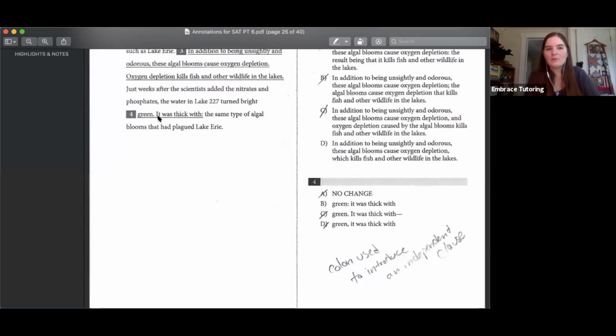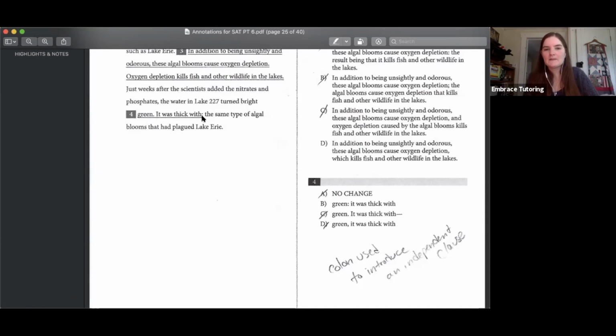Okay, where it would be something like, it was thick with the same type of algal bloom. So there's a pause there. So a dash can indicate a pause, like a comma can indicate a pause. A colon is a stronger pause. Not as strong as a period,